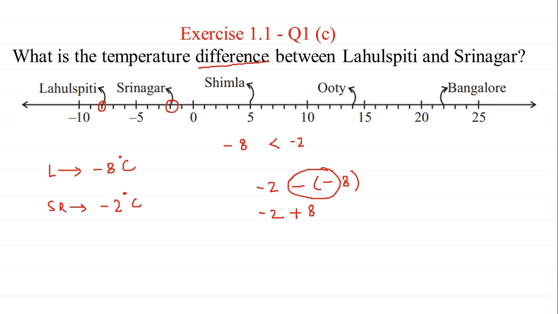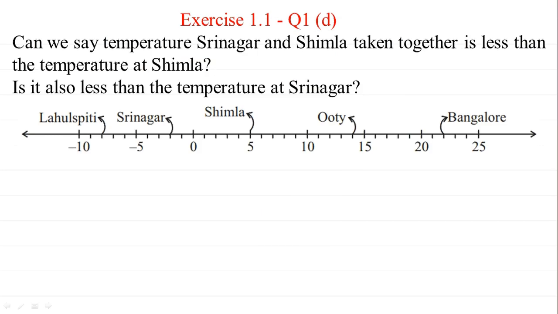When different signs are there, we subtract. So 8 minus 2 is 6, and the sign of the greater number, which is plus. So the difference is plus 6 degrees Celsius. Right? Okay. Now, the last part of this question says, can we say the temperature